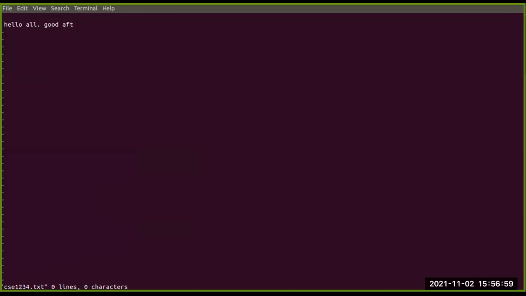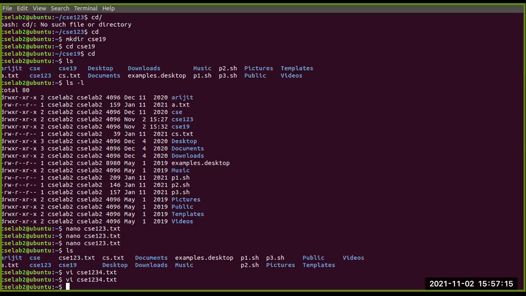I have written: hello all, good afternoon. Okay, fine. Now I want to come out of the editor. So what is the option? First we need to press the escape button once, then colon wq, and then it will come out of my vi editor.